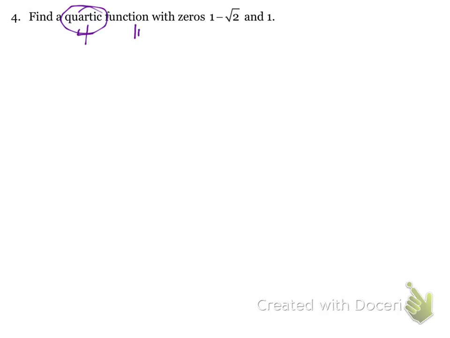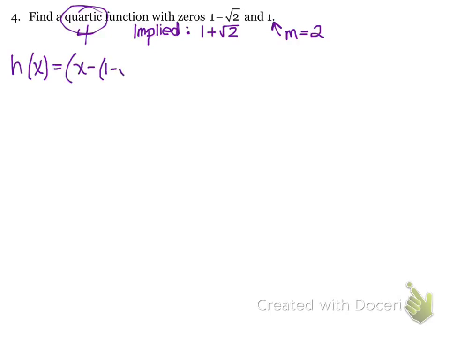So our implied root with the irrational root theorem means that we also have 1 plus root 2. Now, since it's a quartic function, this means 1 has to have a multiplicity of 2 for us to have 4 zeros. So, factored form, h of x equals